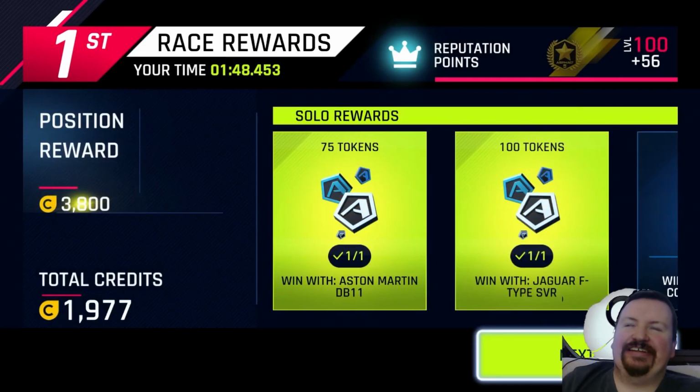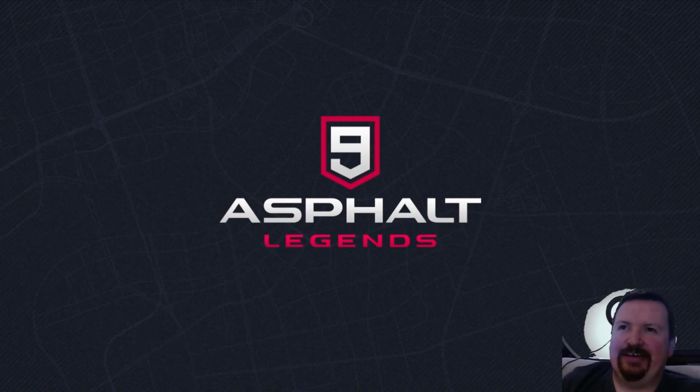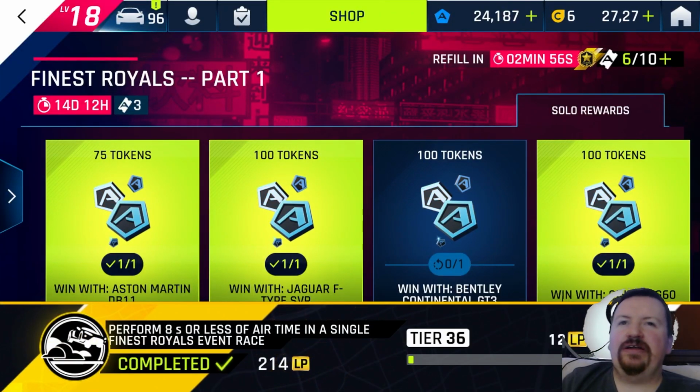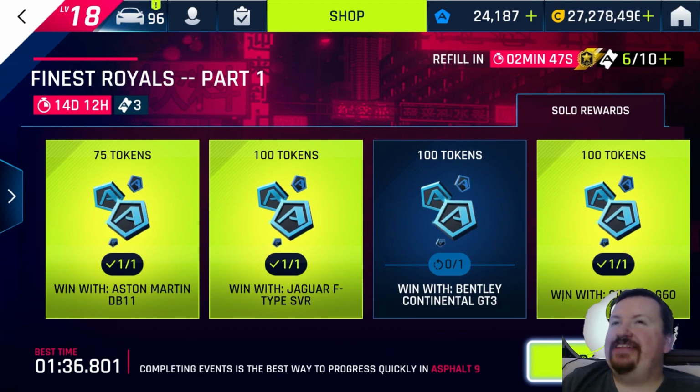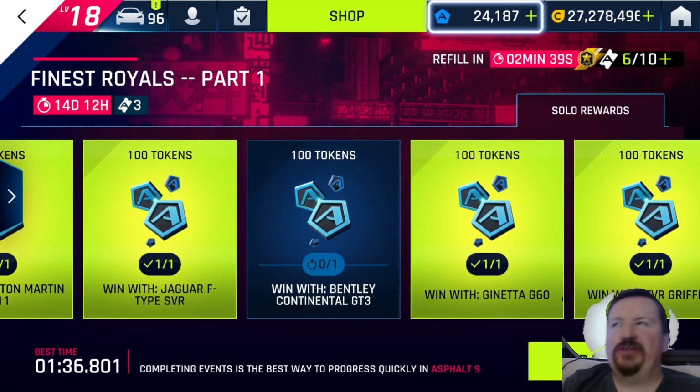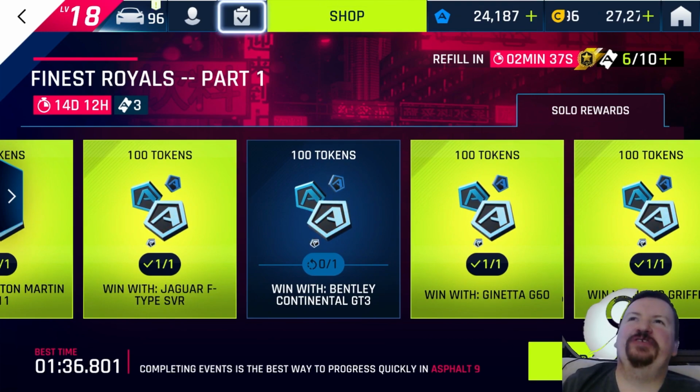Absolutely ridiculously fun kind of agility car as well when it's at the higher levels of tuning. But 214 Legend Pass points. Nice. Not too much of a chance, like I said, far easier than avoiding the 15 items on episode 3, but still fun nonetheless to blitz around and just watch out for places where you have to avoid that